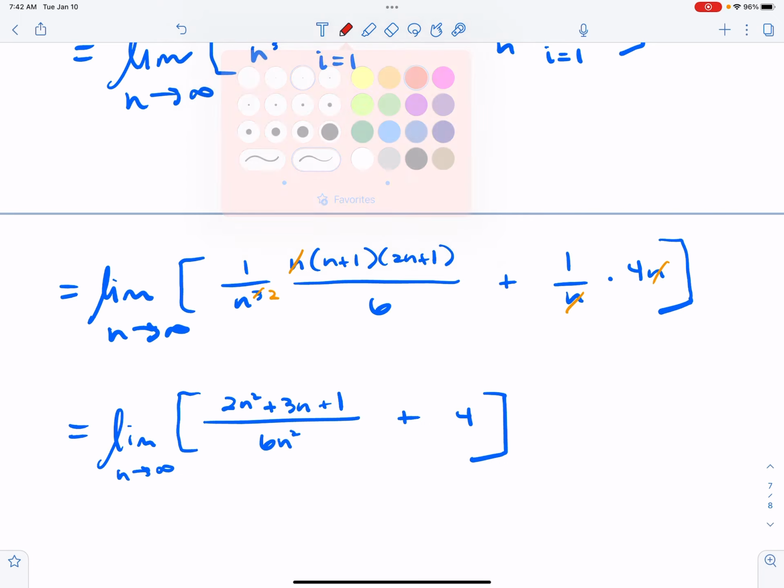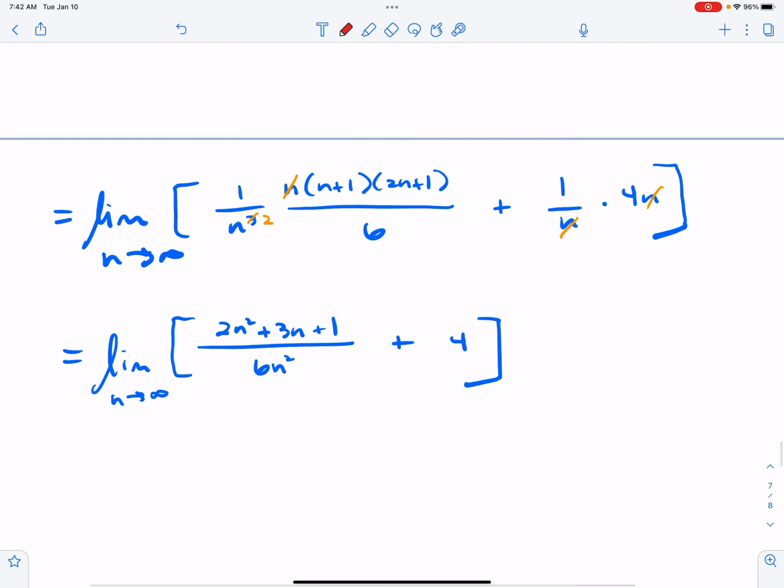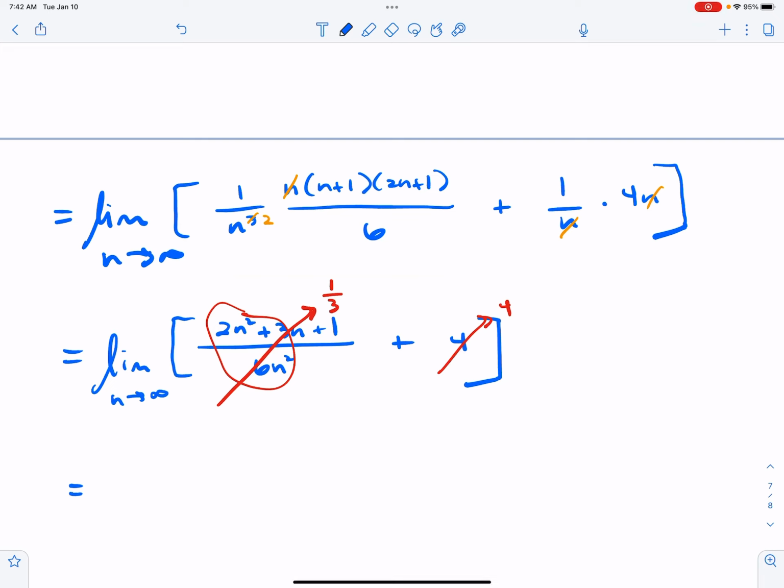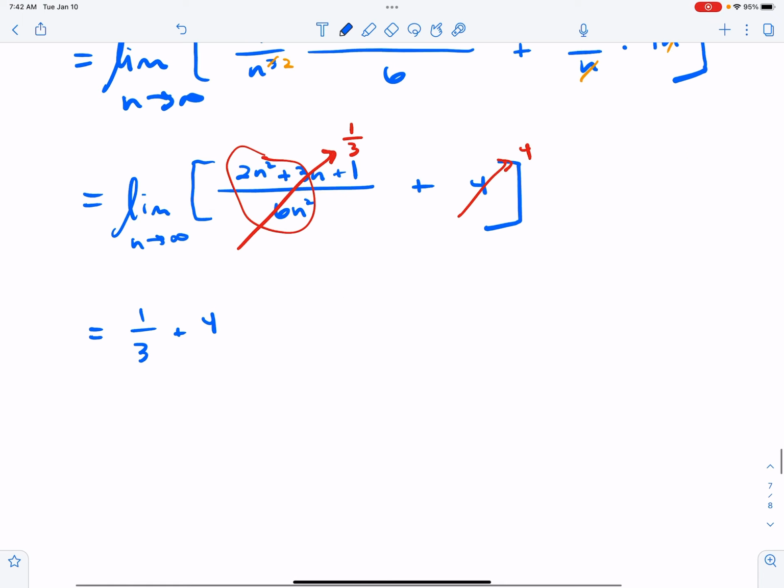And then when we think about taking the limit as n approaches infinity of this first fraction here, thinking n behavior model, n squareds would cancel, so that limit would go to 1/3. And then the limit as n approaches infinity of 4 would just be 4. So this limit ends up being equal to 1/3 plus 4, which would be